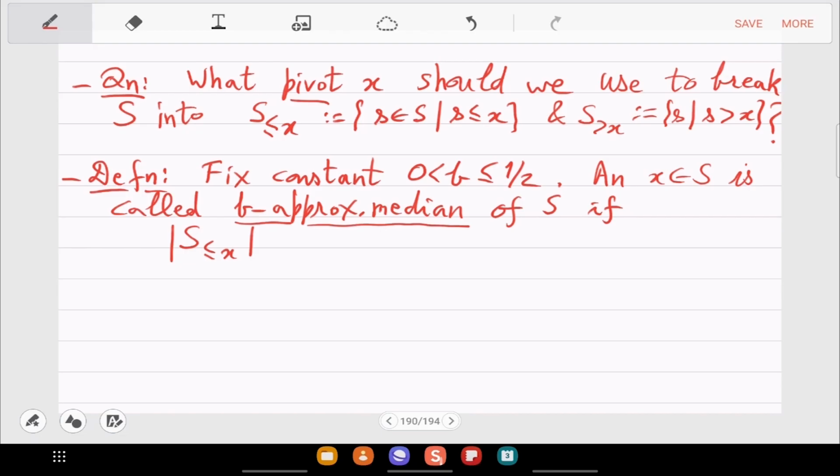But we cannot demand that, because that is the answer we want actually. We want the median to be outputted. So we cannot ask for that.